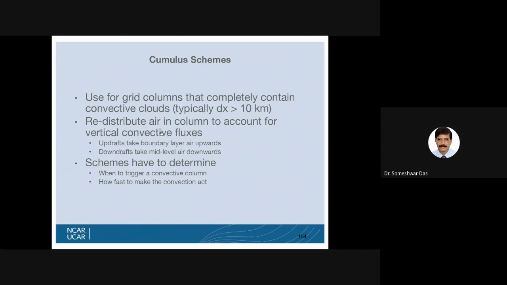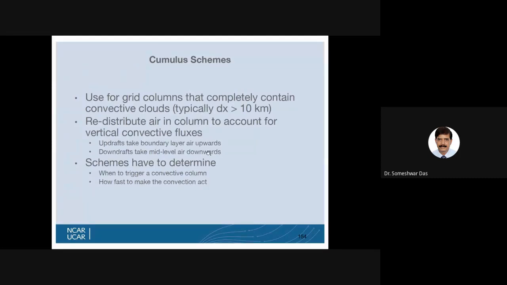The scheme redistributes air in the column to account for vertical convective fluxes. Updrafts take boundary layer air upwards. Downdrafts take mid-level air downwards. So there is a cycle. The lower level fluxes from the surface are carried upwards by the updrafts, and the upper level properties of the middle atmosphere are brought down by the downdrafts.